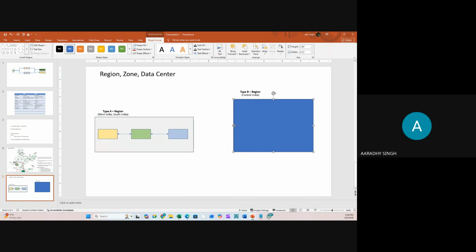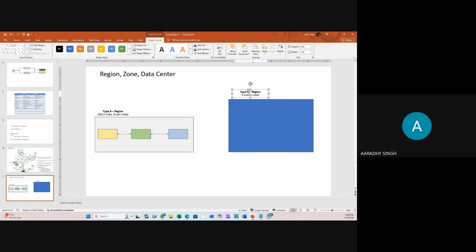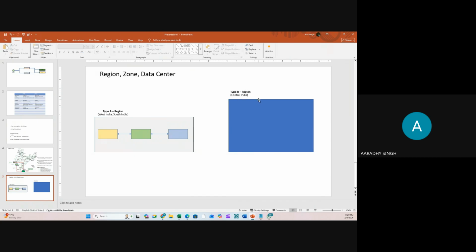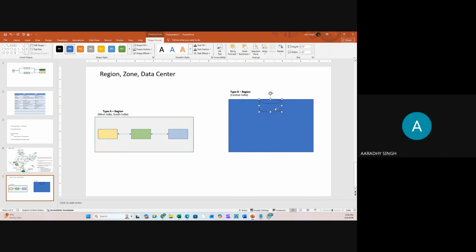In this region, there are total 3 zones available, means there will be 3 buildings available. Suppose this is zone 1, this is zone 2, and this is zone 3.